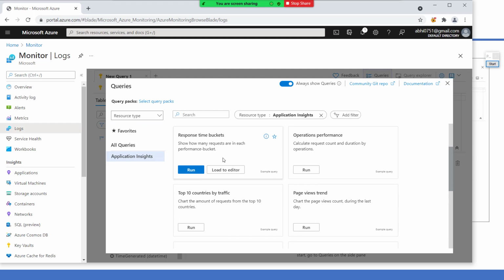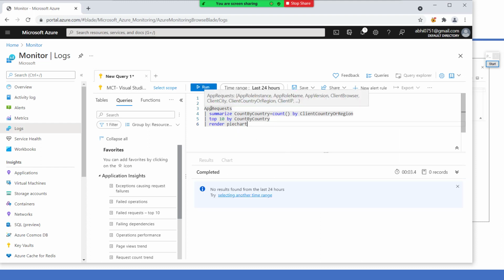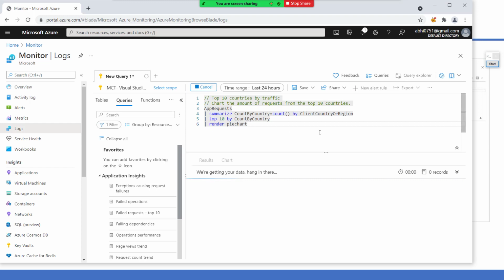So you can see how you need to write it. This is the query. This is the syntax for writing queries: the table name, then a pipe separator, and then you use this. If you run this, currently I don't have any data.